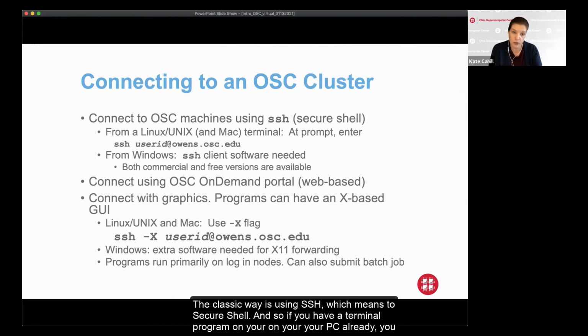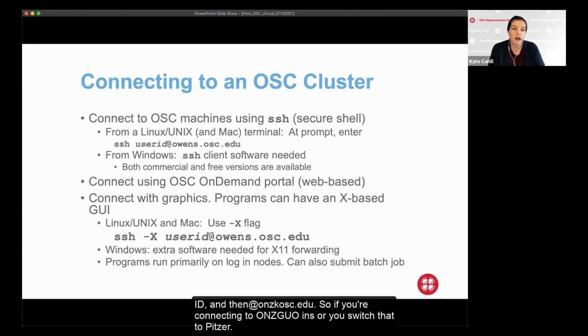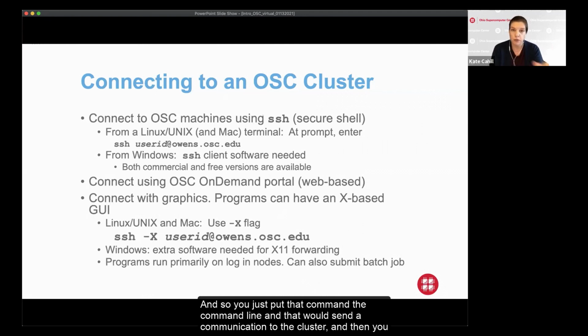So this is your HPC account ID, and then @owens.osc.edu. So if you're connecting to Owens, you'd use Owens, or you'd switch that to Pitzer. And so you just put that command on the command line, and that would send a communication to the cluster, and then you'd have to put in your password, and you can access the clusters that way.